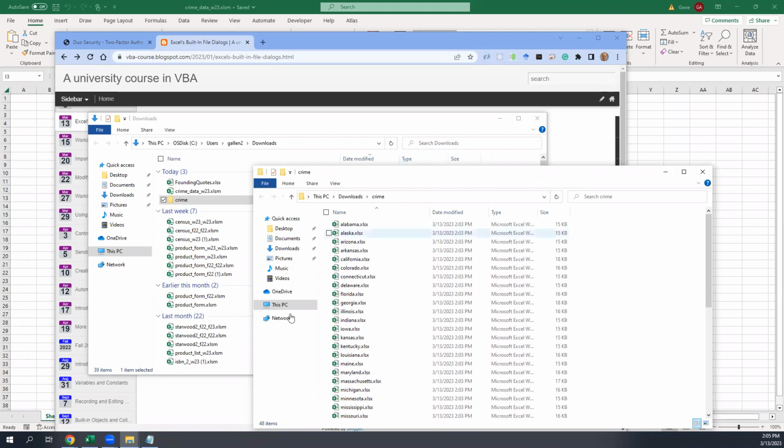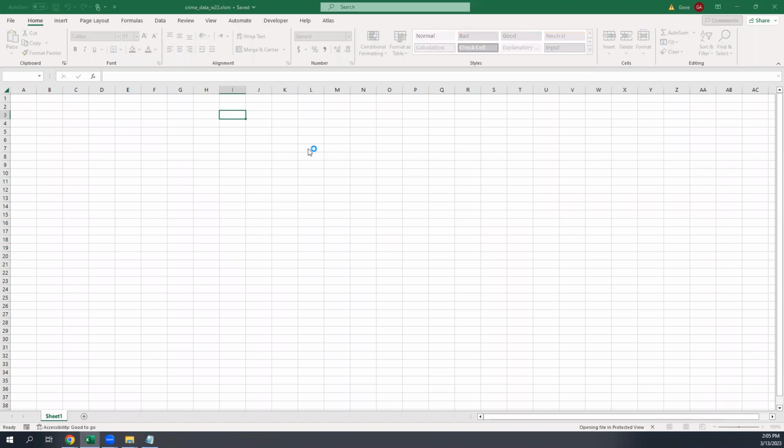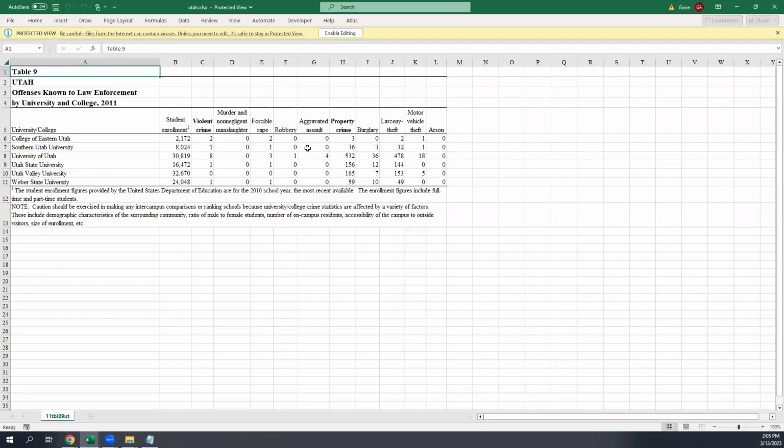Let's go ahead and just take a look at one of these files here. Let me open up the Utah file. So this is data as it was published by the FBI. The FBI maintains a set of data known as crimes known to law enforcement, and they keep track of